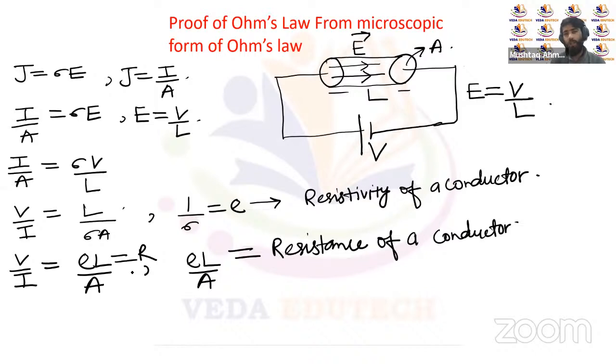So the resistance of a conductor depends upon two factors, right? One factor is the length of the conductor, another is the area of cross section of the conductor. So let's discuss the resistance of a conductor in some detail. So the resistance is nothing but